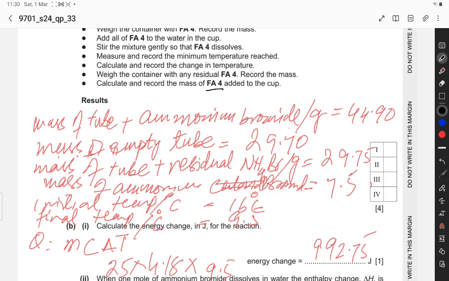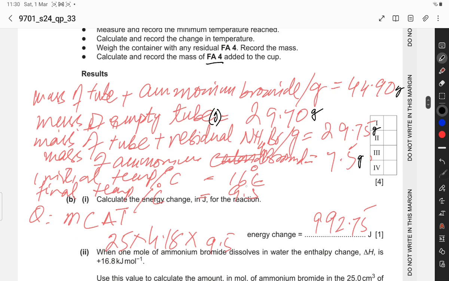Mass of tube plus ammonium bromide is equal to 44.90 g. Mass of empty tube, also in grams, is 29.70 g. Write down the unit along with the quantity. Mass of tube plus residual ammonium bromide in grams is equal to 29.75. Then the mass of ammonium bromide is equal to 7.5 g. This is 29.75 g. Initial temperature is 16 degrees centigrade, and the final temperature is when